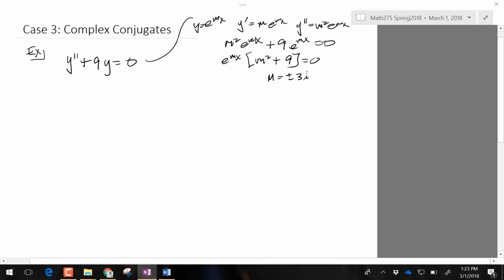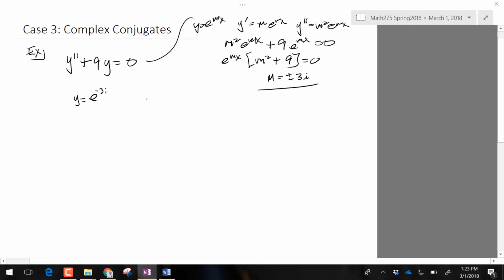we can bring the 9 over to the other side. We get -9. We'll take the square root. We get a square root with a negative inside, the 9 comes out as a 3, the negative 1 comes out as an i, and so we have plus and minus 3i. a is 0 in this case. You should think about what happens when a is not equal to 0. You'll think about it. So, this is what we have, which means our solution is equal to e to the